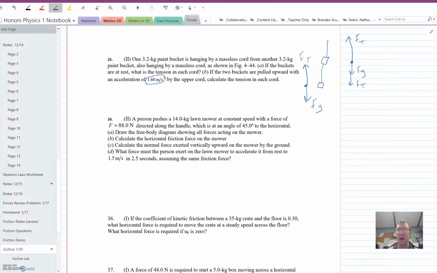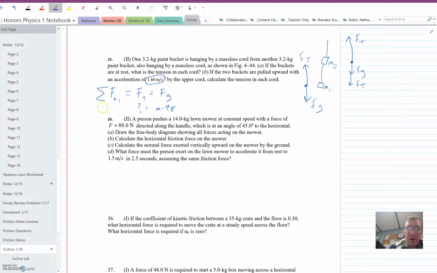So here we go. We'll start to write out our sum of forces equation. So it's going to look like this. This is the sum of the forces on, I'll call this guy mass 1 and this guy mass 2. The sum of the forces on mass 1: we've got tension and we've got gravity. Gravity is going to be our mass times a negative 9.8, turning this negative. Tension, we don't know,